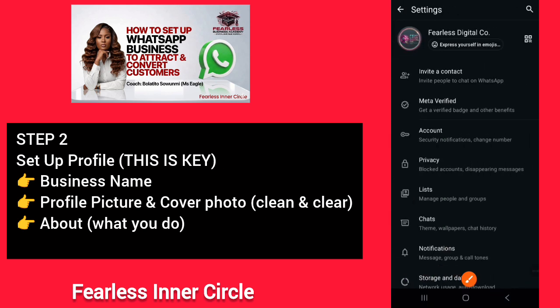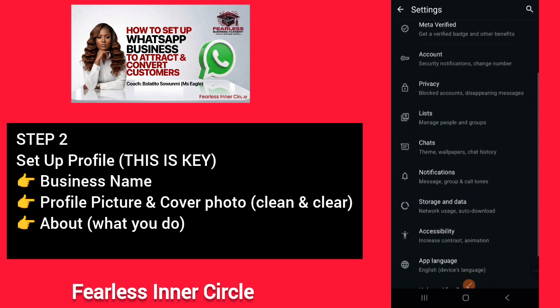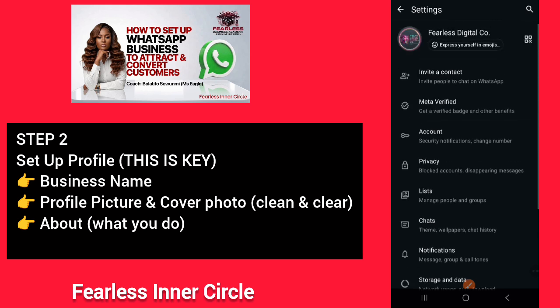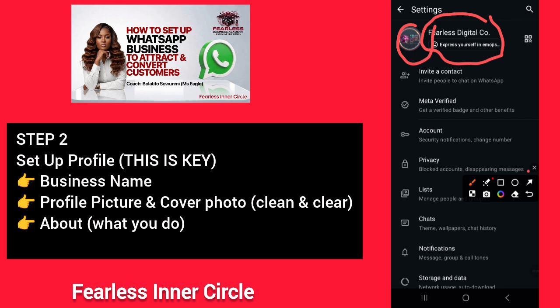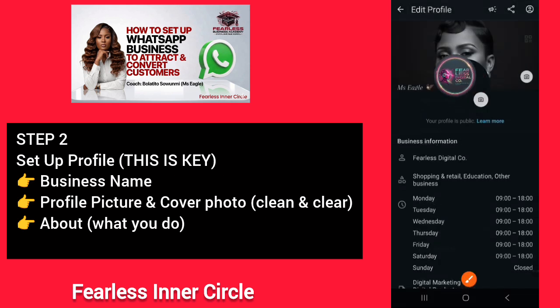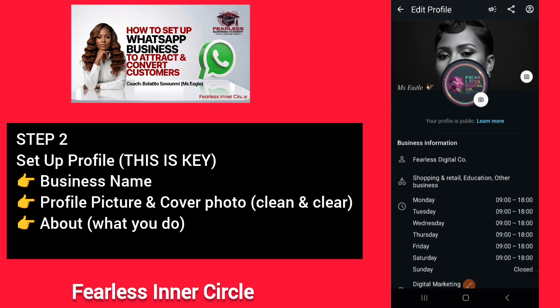So it will show you more tools that you can explore and settings too. Okay, now what we want to work on is our profile. So you click up here, or you click the profile, and it will bring it to somewhere like this. If your account is new, it will be blank.